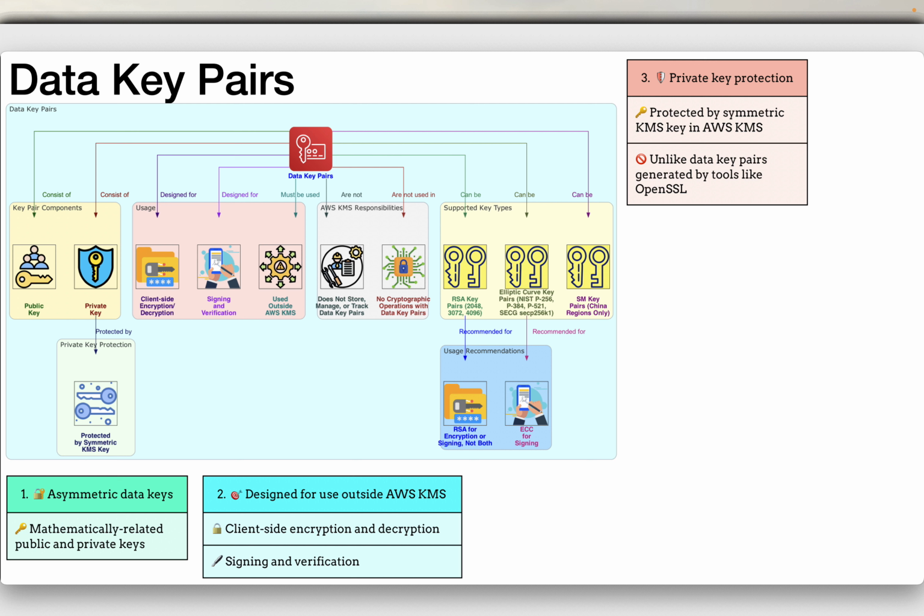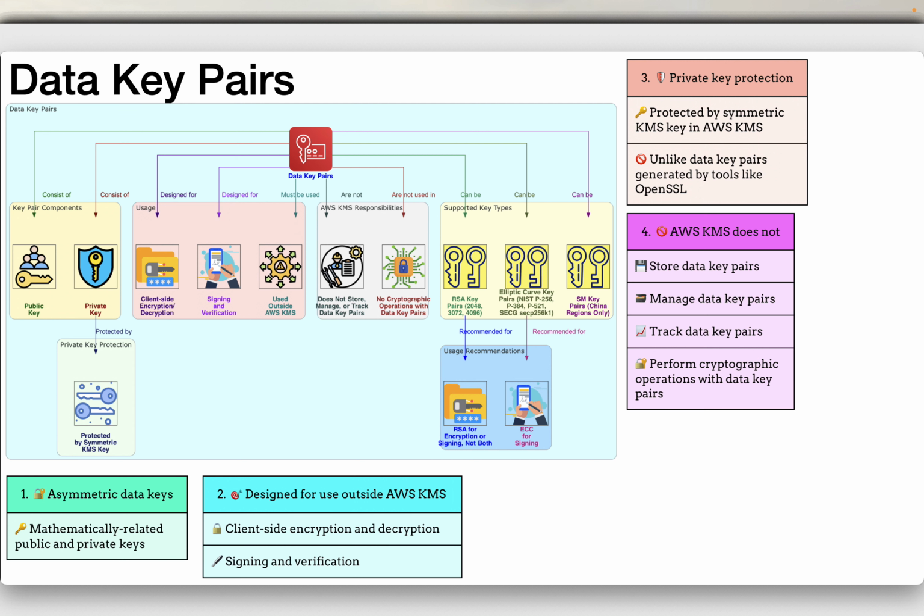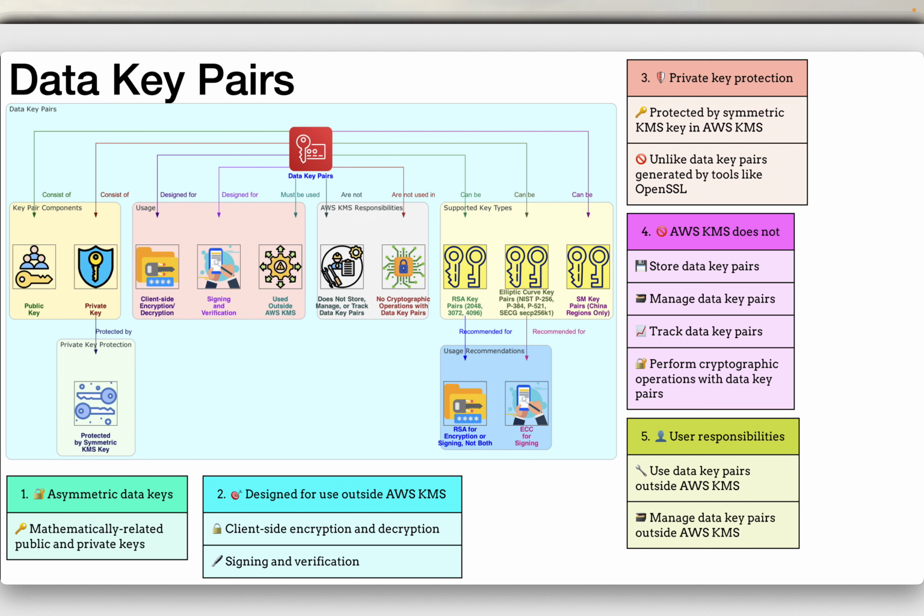So basically you create an AWS KMS key and use that to generate the data key pair. And after you generate, it will keep the private key safely within the service itself. However, AWS KMS does not store, manage or track your data key pairs or perform cryptographic operations with data key pairs. You must use and manage data key pairs outside of AWS KMS.